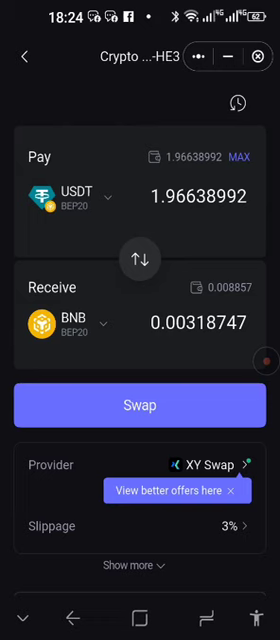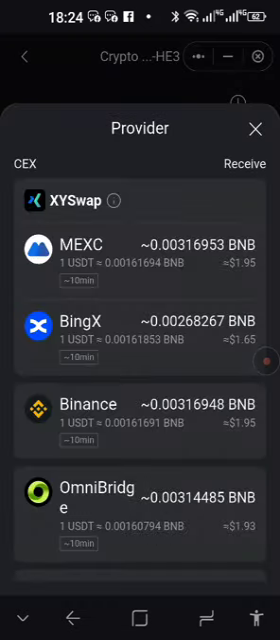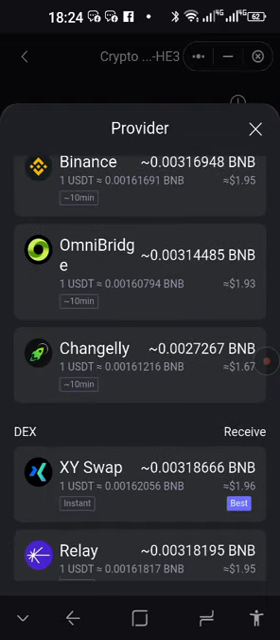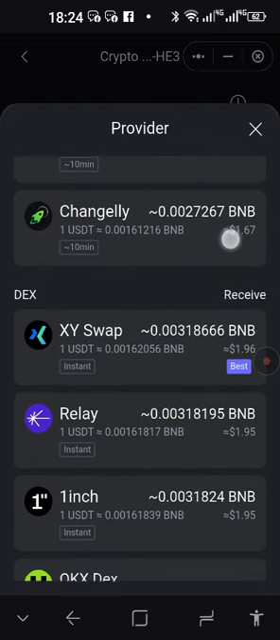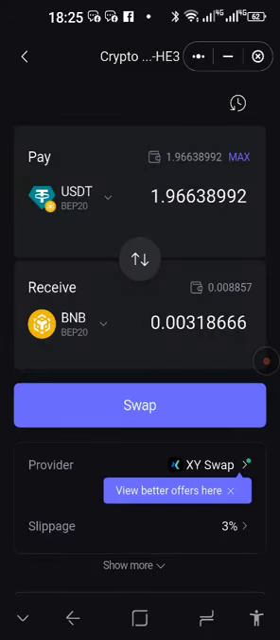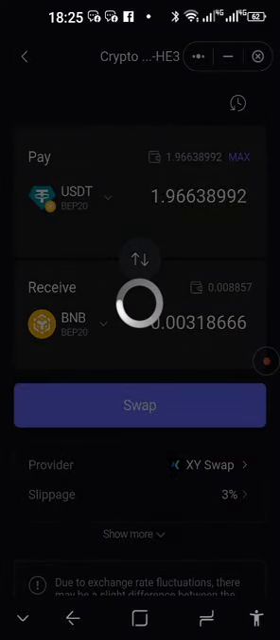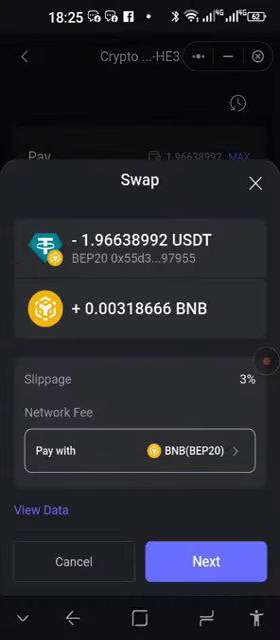You can always change the service provider here, because there are lots of different service providers, if you do not get a quote that can be accepted. But normally for USDT to BNB, it's XY swap, and you can do small amounts with that. I've made many small exchanges with USDT on XY swap, and then you're going to press next